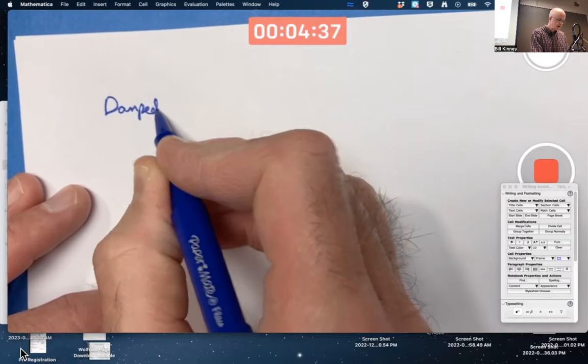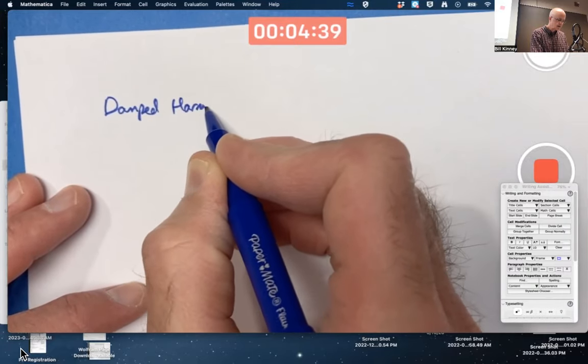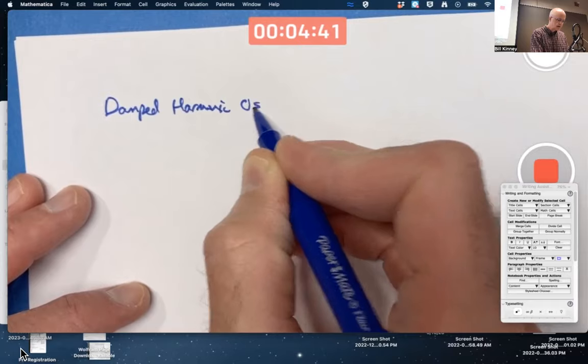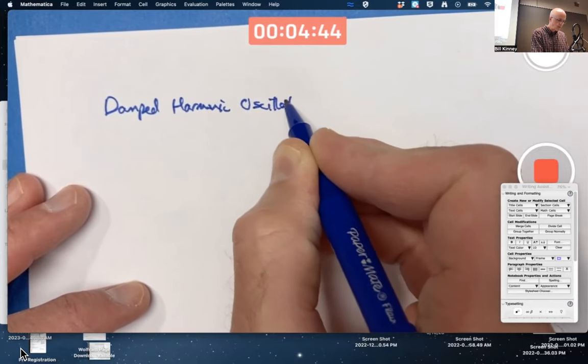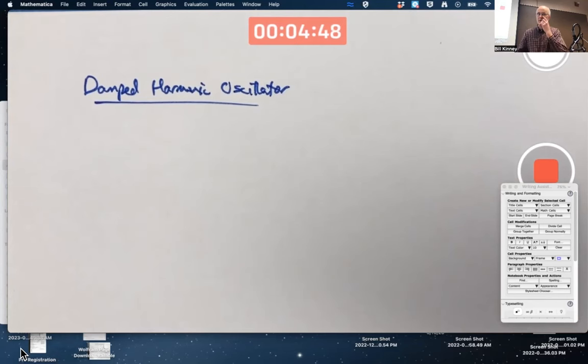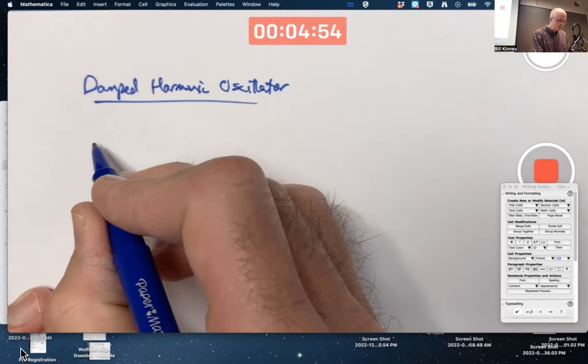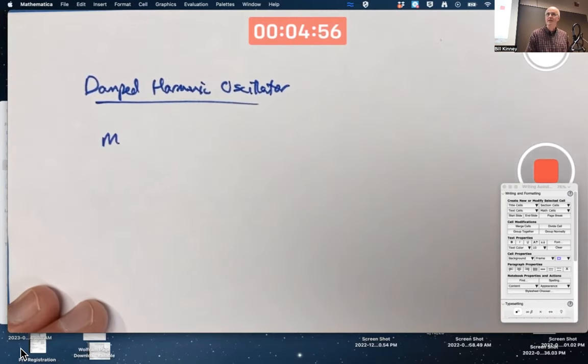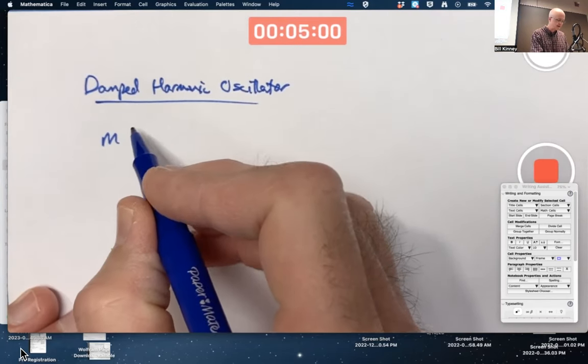The damped harmonic oscillator model. It's easiest to imagine in terms of a mass on a spring, but if you're in electronics, you know that this model can apply to electric circuits as well. The parameters in the case of a mass on a spring are the mass, m, that gets multiplied by the acceleration,